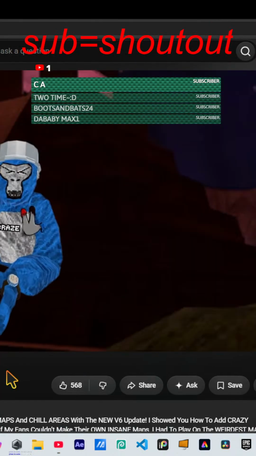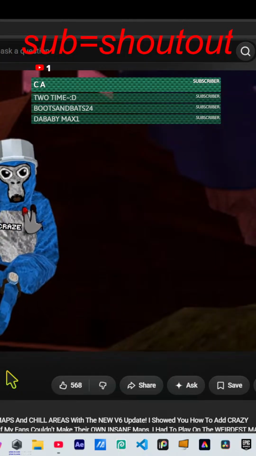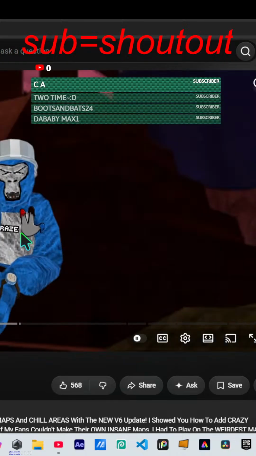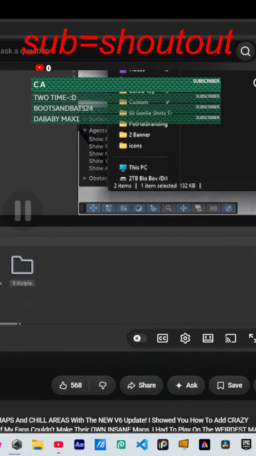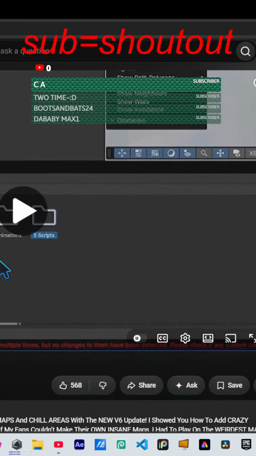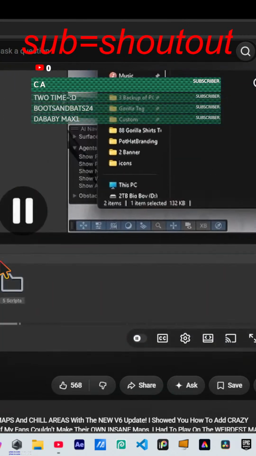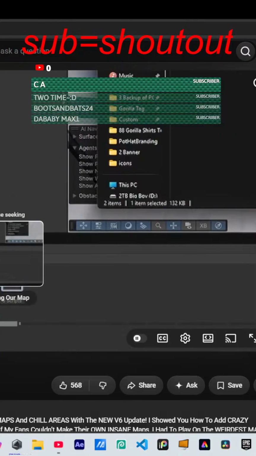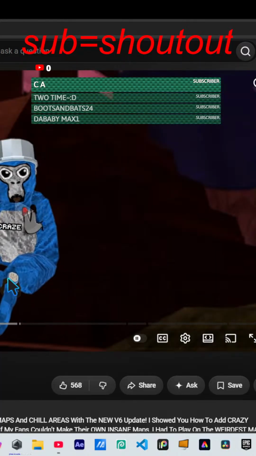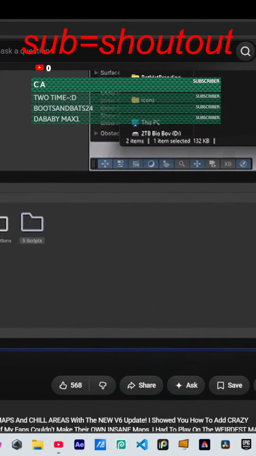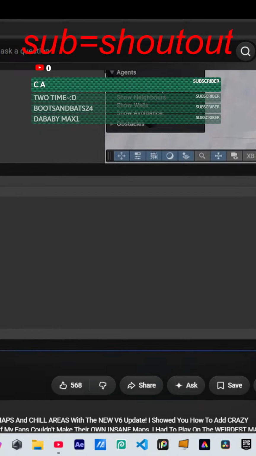Nice and clean. And for importing and adding your own models into your map, you can simply just drag and drop your model into these folders. What kind of model? It'll take bouncy house style FBX. Okay, it's FBX. Just drag and drop your model into these folders and then drag and drop those models